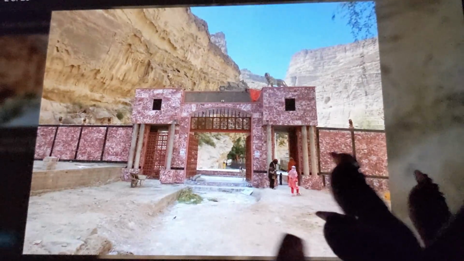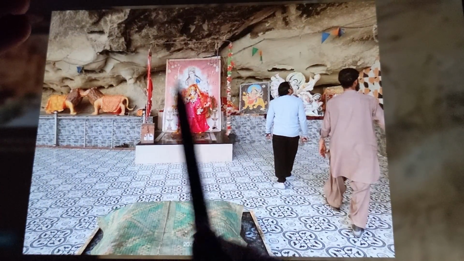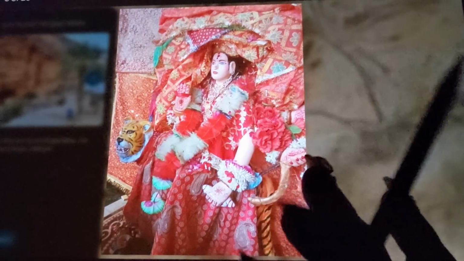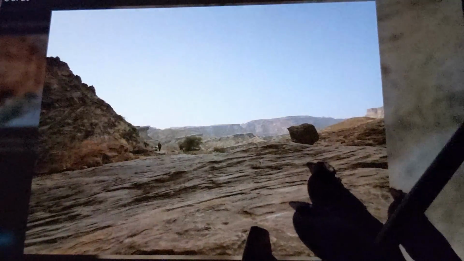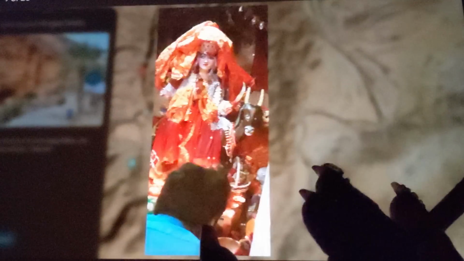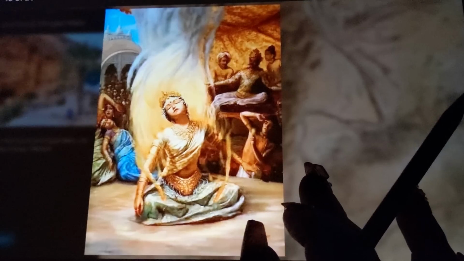I don't exactly remember the story behind it. It has to do with this goddess who I believe hid out or maybe even died in this cave, I think the story went. So many Hindu worshippers come here every year to give her offerings and pray. And I assume enjoy the beautiful landscape here. So there she is.